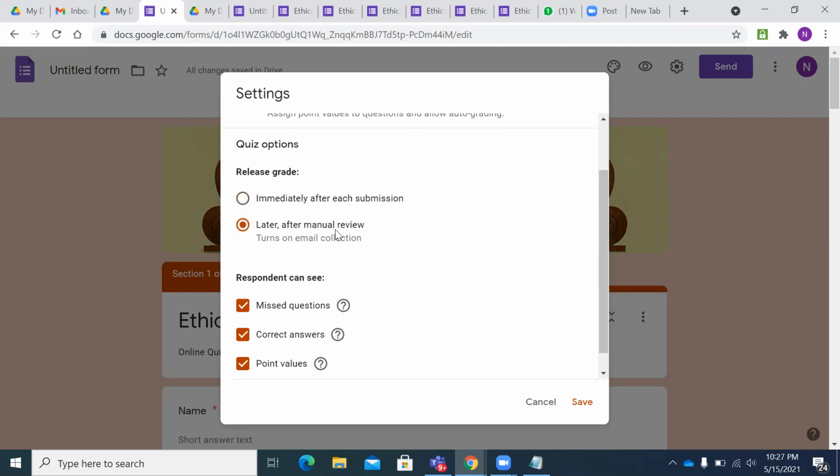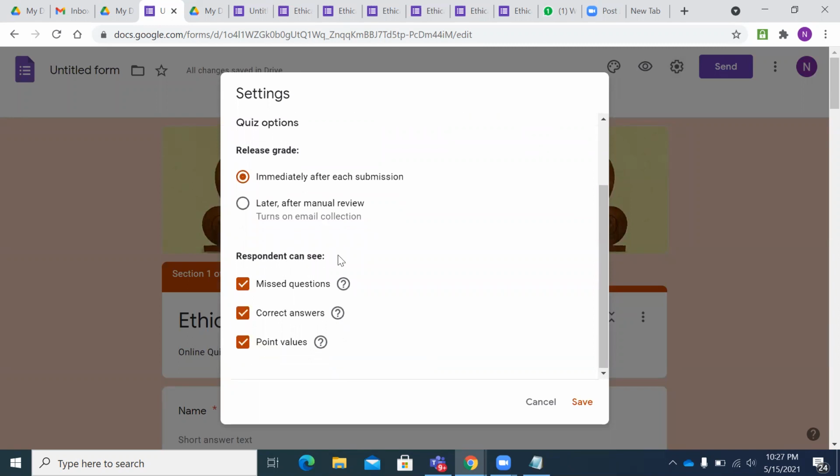If you click on this, we will be reviewing manually and sending the results later. So let us click on this to make an easy way of evaluation. And here, when the student submits, he is supposed to see the missed questions, the correct answers and the point values.